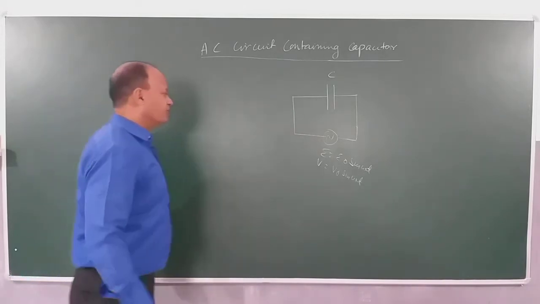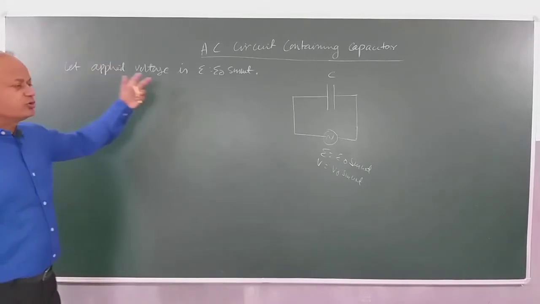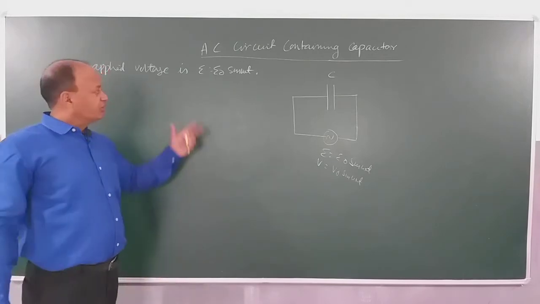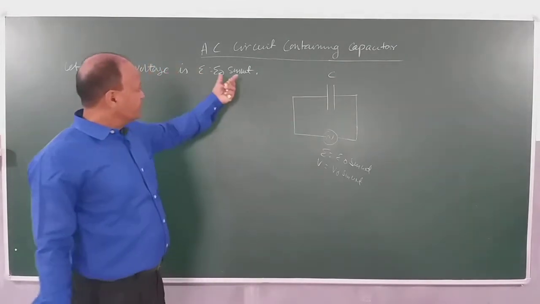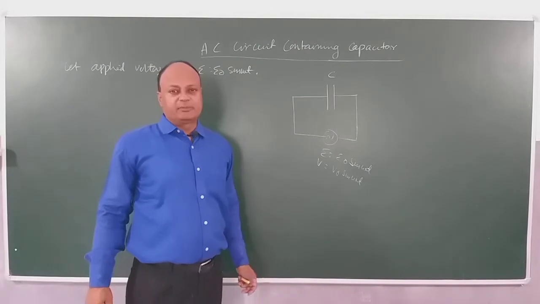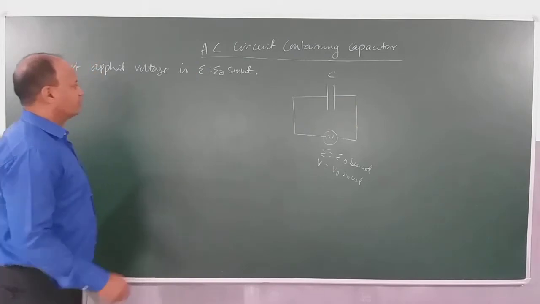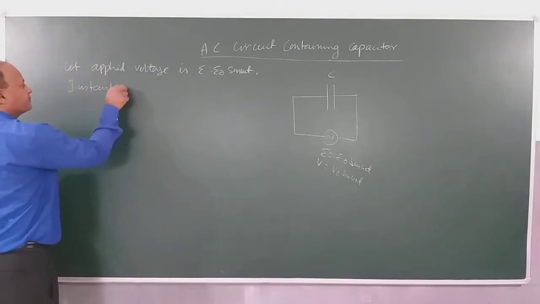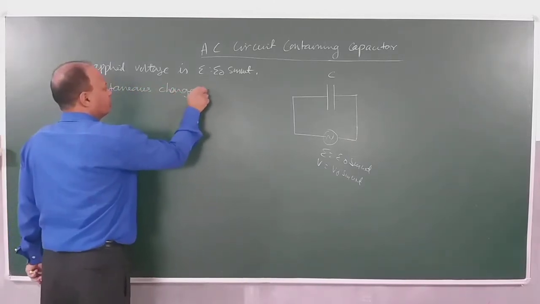So, keeping this, let voltage E equal E naught sin omega t, where E naught is the peak EMF. Then, when this potential difference is applied across the capacitor, as the potential is varying, the charge across the capacitor will also be varying. This means there will be a variable electric flux between the two plates. So, I will say the instantaneous charge on the capacitor.